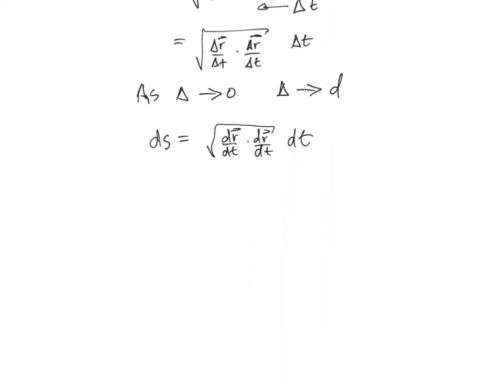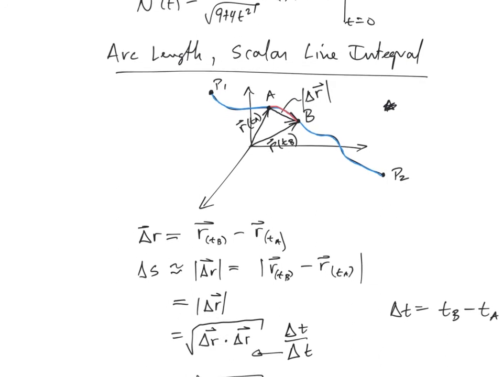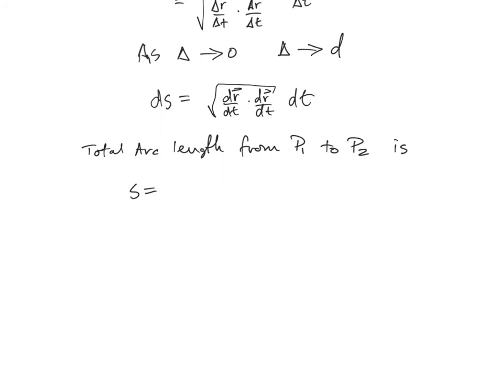Now we're looking for the total arc length of this curve from point P1 to point P2. So what do we do? Well, we add up all the ds's. For every little segment along that curve, we can find the ds. We add up all the ds's, we get the total arc length from point P1 to point P2. That was the whole curve, all the way from here to here. We're just adding up all these little ds's. And to add up differentials, we use an integral, right? So S is going to be the integral of all these ds's,